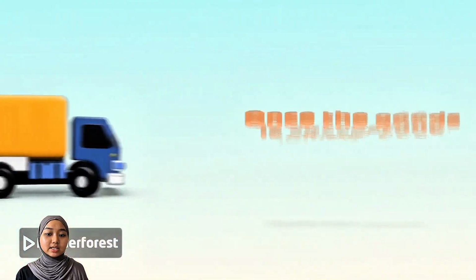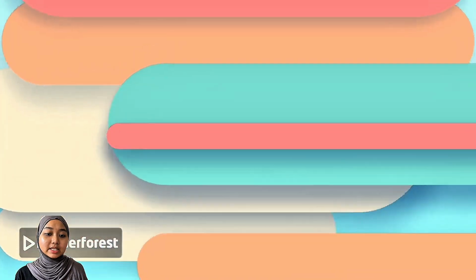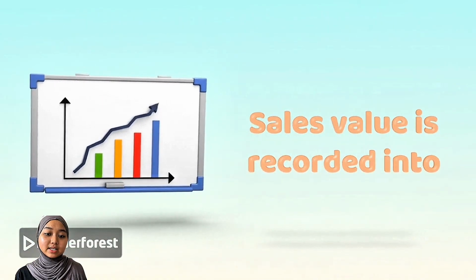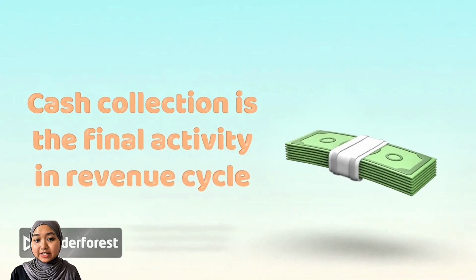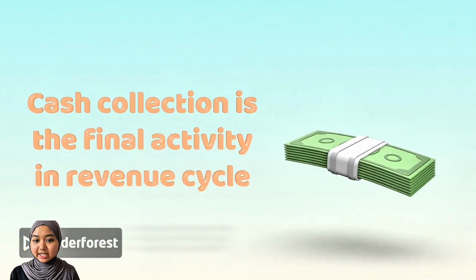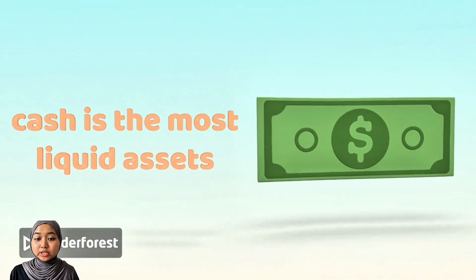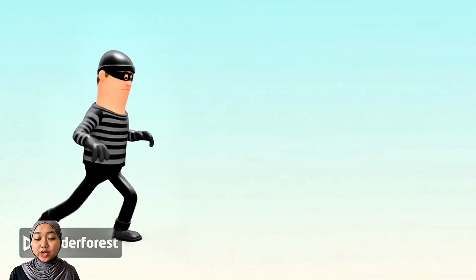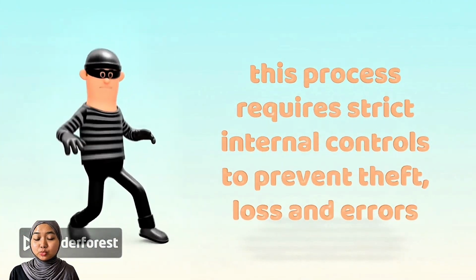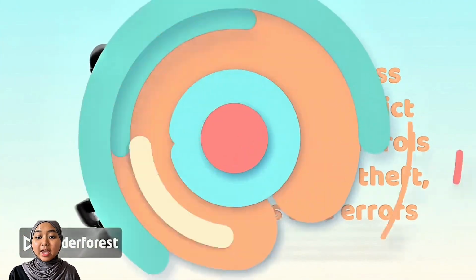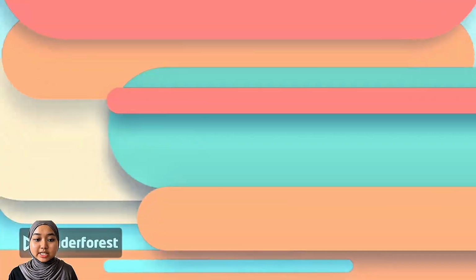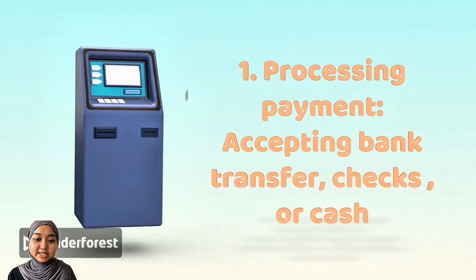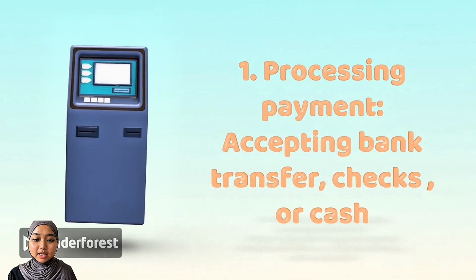Once the goods are successfully billed and shipped, the sales value is then recorded directly into the customer's account receivable ledger. Cash collection is the final activity in the revenue cycle because cash is the most liquid asset. This process requires strict internal control to prevent theft, loss, and error. The operation consists of 3 critical steps. The first one is receiving and processing payments via bank transfer,